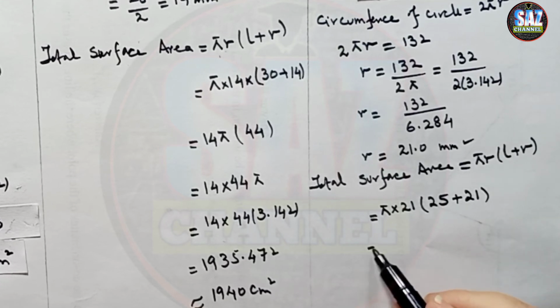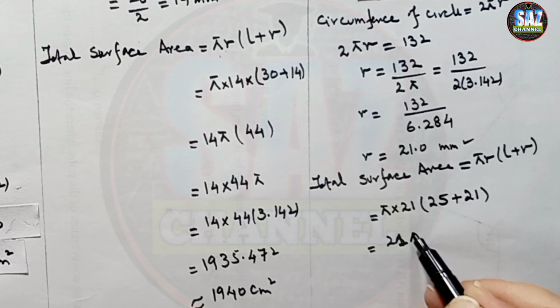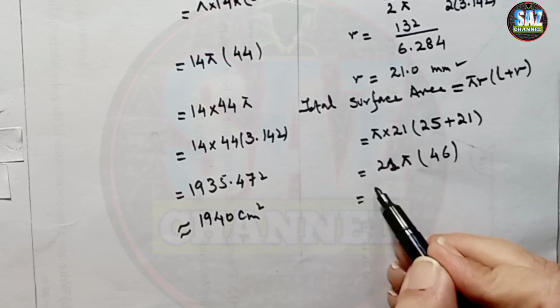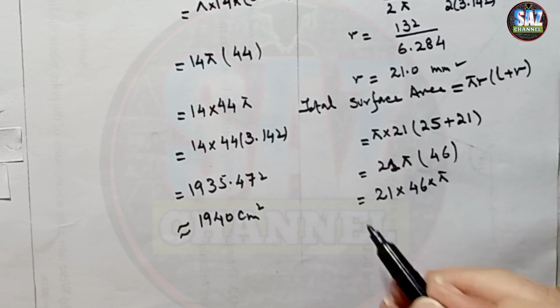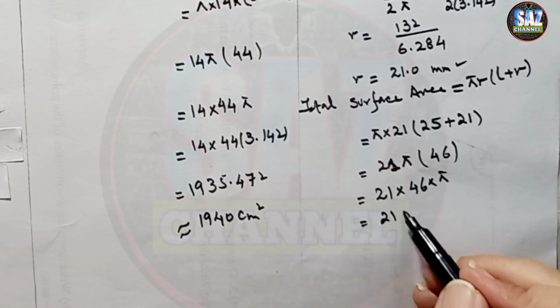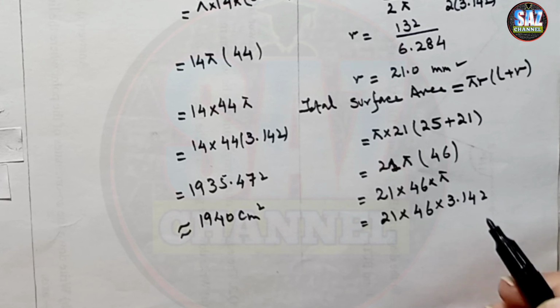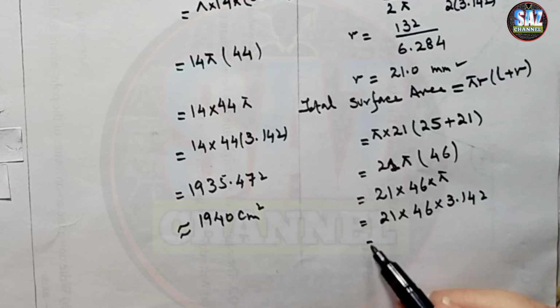Okay, now 21 pi, 25 plus 21 is 46. 21 multiplied by 46 multiplied by pi, and this is 21 multiplied by 46 multiplied by 3.142. Okay, now let me perform the calculation. 21 multiplied by 46 multiplied by 3.142, and this gives me